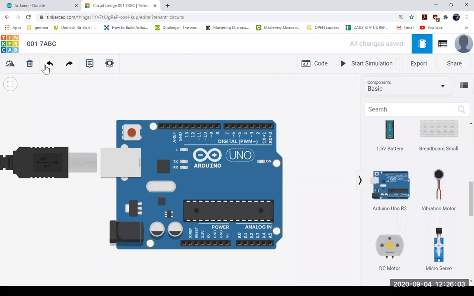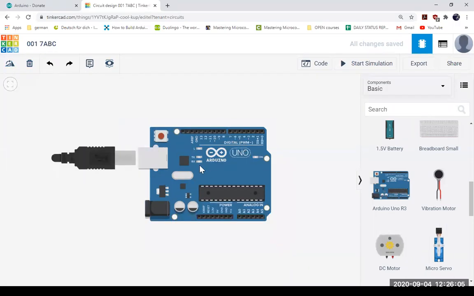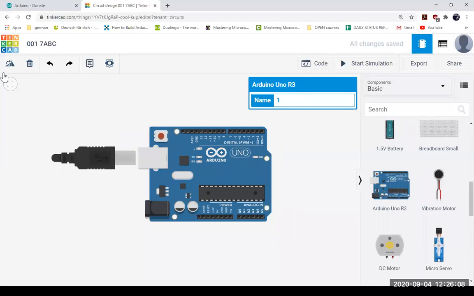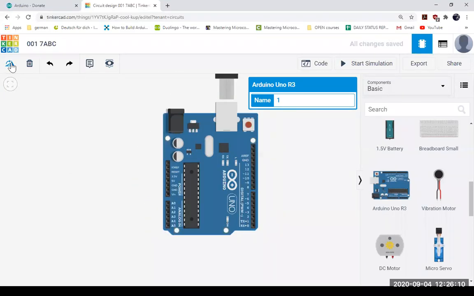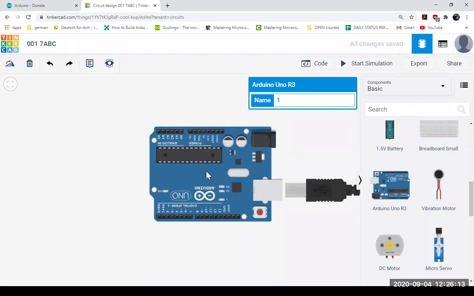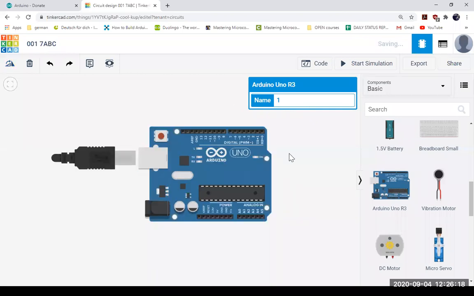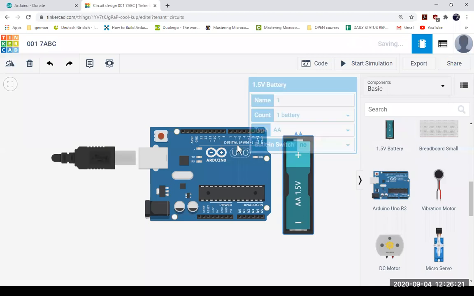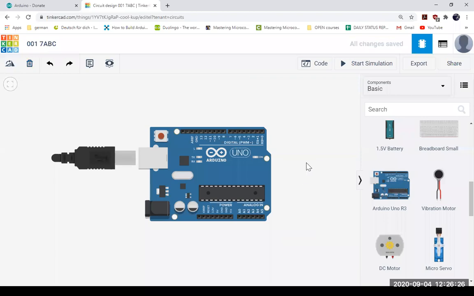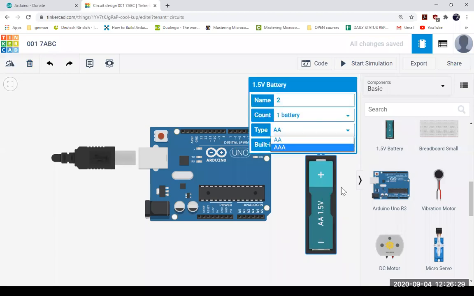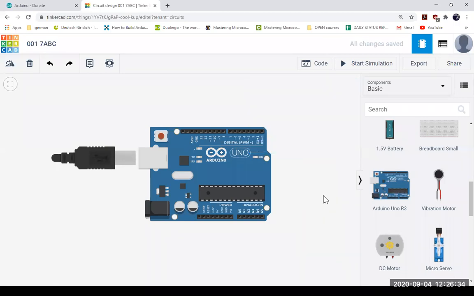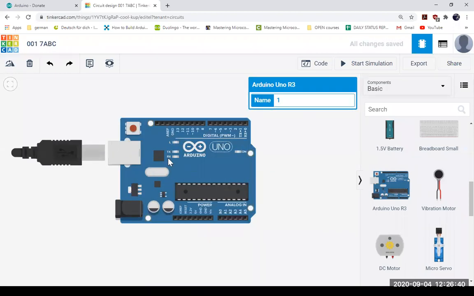First of all, let's see what is the meaning of these buttons. If you want to rotate this board, you can click here. You can rotate it the way you want. Alright, so I will keep it like this. Then if I have another thing and I don't want this, to delete it, you can click here, or you can click on the delete button on your keyboard. So I'm clicking on my delete button, and it's gone, right? I think you have got an idea about this.